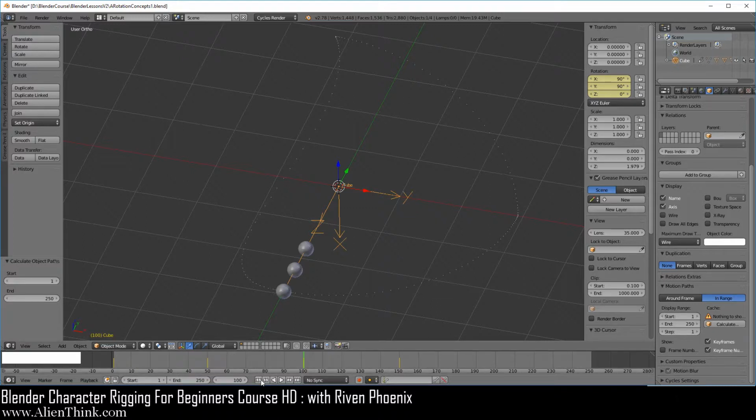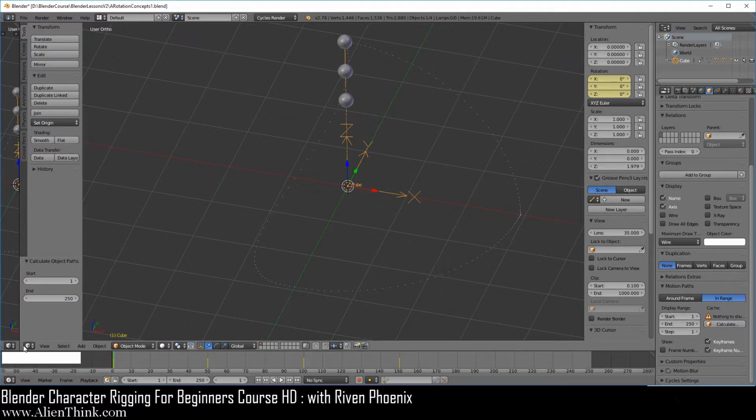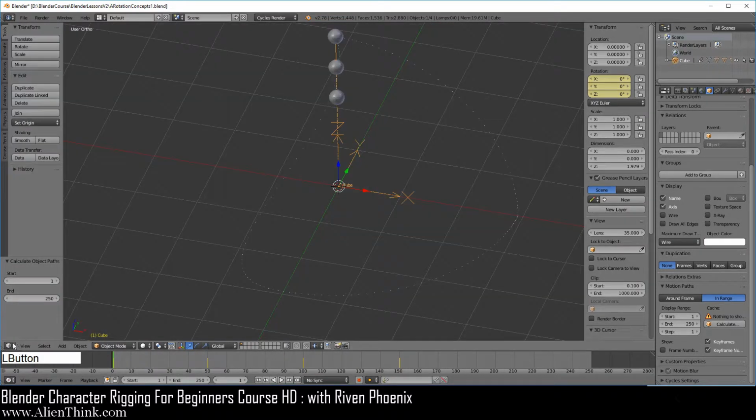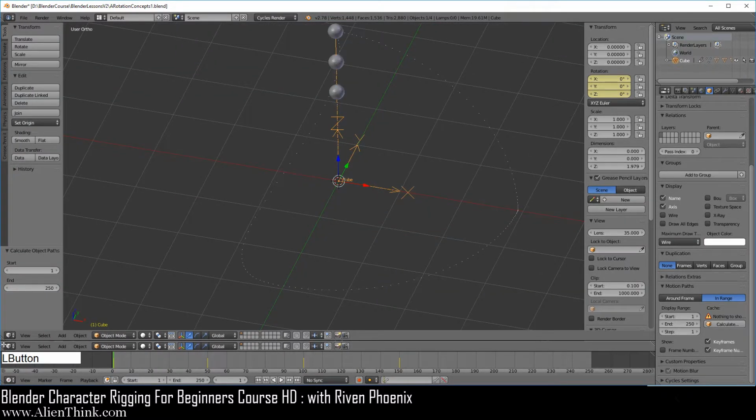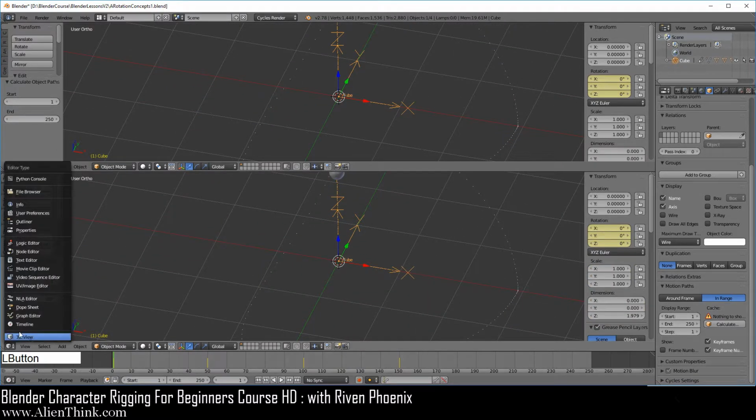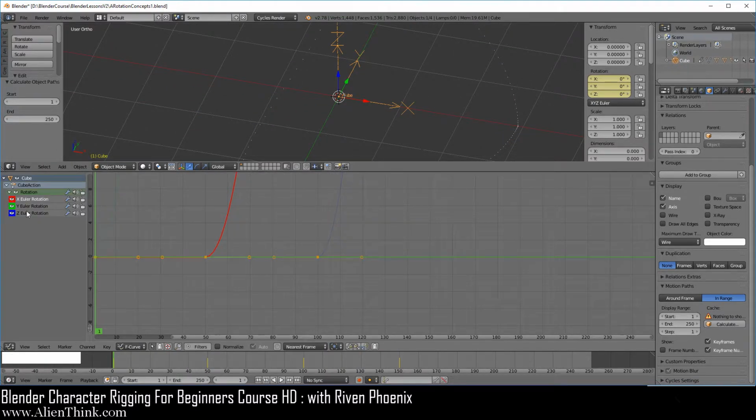Anyways, go ahead and now click this to go back to frame 1. Now if we open this up over here, actually close this, go ahead and expand this up over here and go back to the graph editor, you can see that all we've done is capture the X, Y, Z Euler rotations.